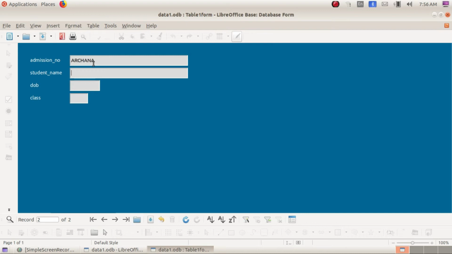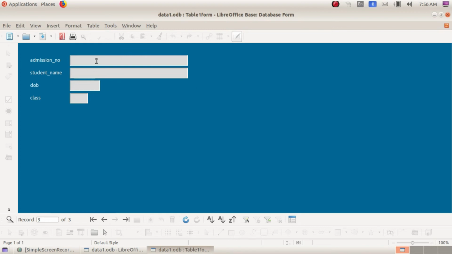And the student name is... Here it is. Admission number, student name, and date of birth, classes. Is it? So we have studied about the primary key.